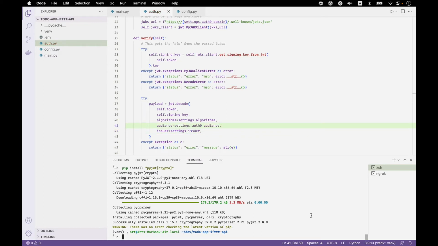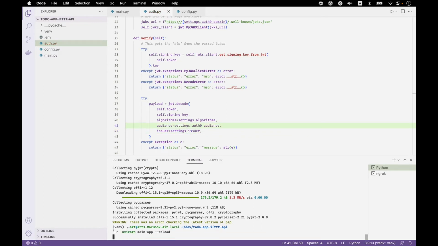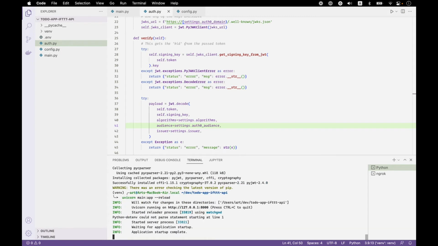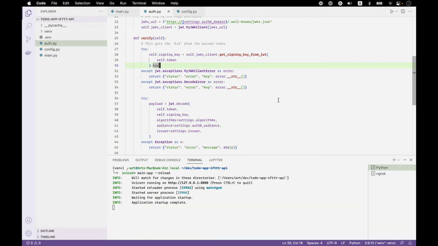And when we save it and run the server, nothing will really change, but let's see if we get any errors. Okay, the application started. We didn't miss anything this time, but we don't have anything that uses the verify token